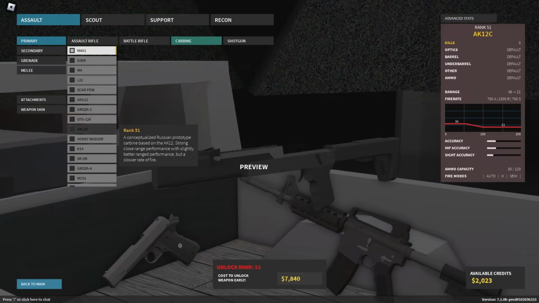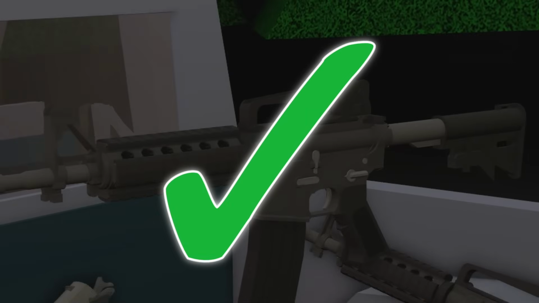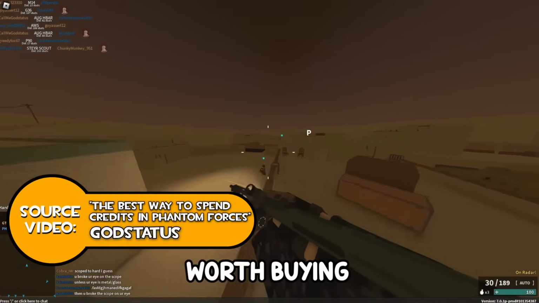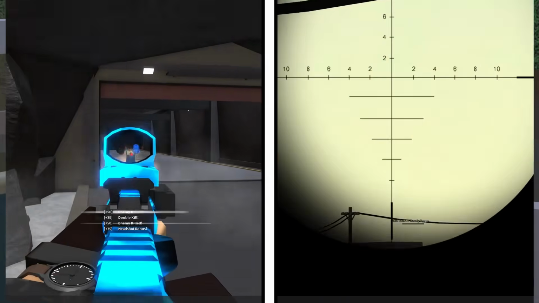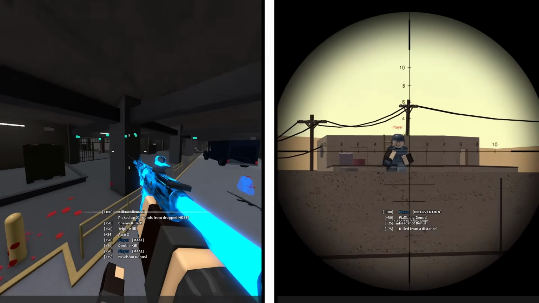Now, despite popular belief, you really do not need to pre-buy guns, as the ones you have available from the get-go can easily wipe the floor. So as an additional tip, don't go spending your credits on pre-buying certain weapons just because some YouTuber said it was good. In fact, some of the all-time greats in the game are actually starter guns like the M4A1 and Intervention, the M4A1 being a great accurate 3-shot weapon, and the Intervention still standing as the undefeated best sniper in